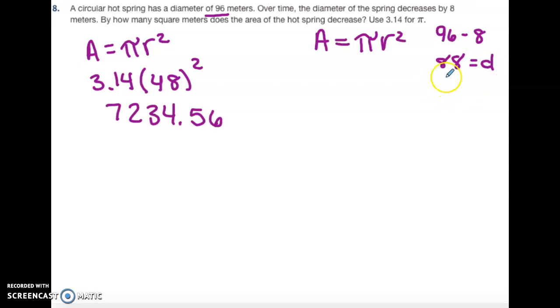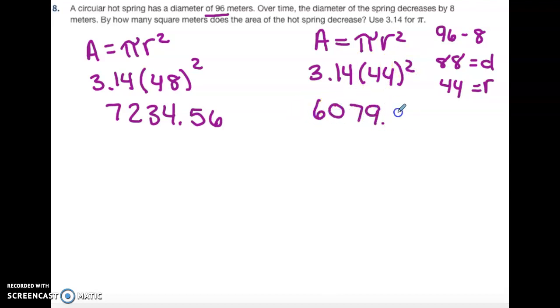We want radius, so radius is half the diameter, which is 44. So now we can do 3.14 times 44 squared is 6,079.04. And we want to know how much it decreased by, so that means we want to subtract these two numbers to get